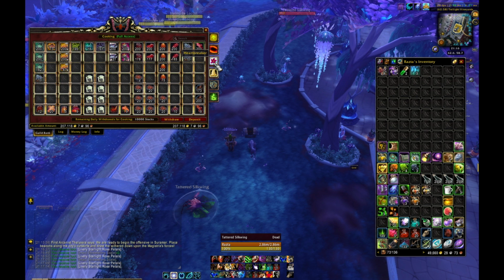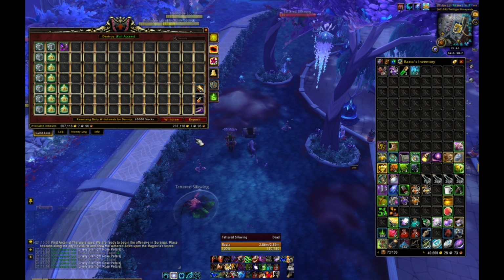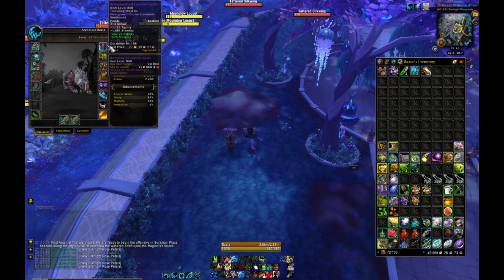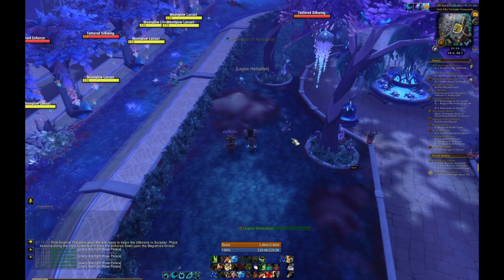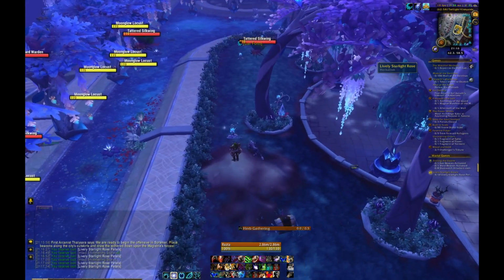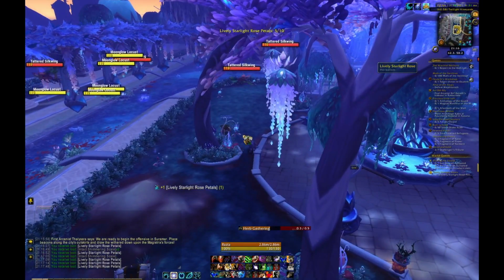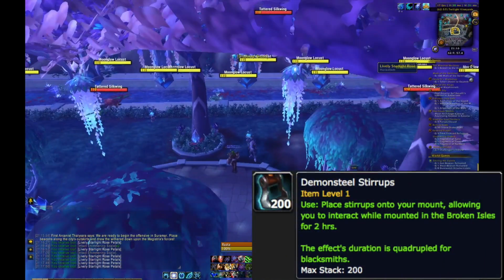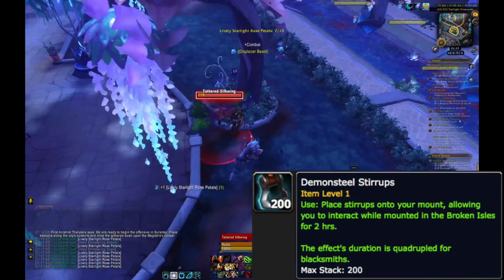Plus I got a big advantage on this character, which is my herbalist, because it's a druid. I can interact with the environment in my flying form. But I do have Legion Herbalism as a glove enchant, so I really recommend that because you can fly in on mobs, pick up the herb, and before they even hit you to interrupt you, you will be already off flying again. So if you're not a druid, make sure you have the Demon Steel Stirrups so you can interact